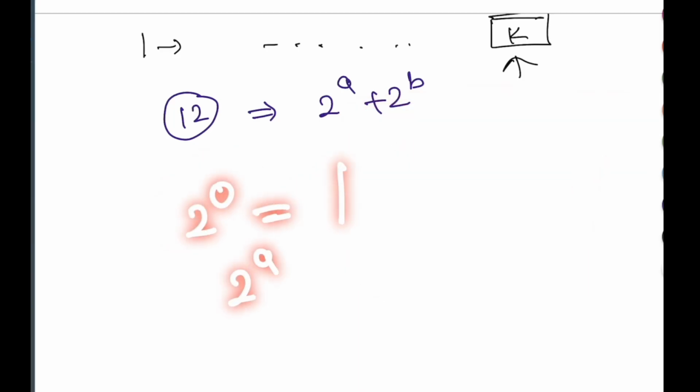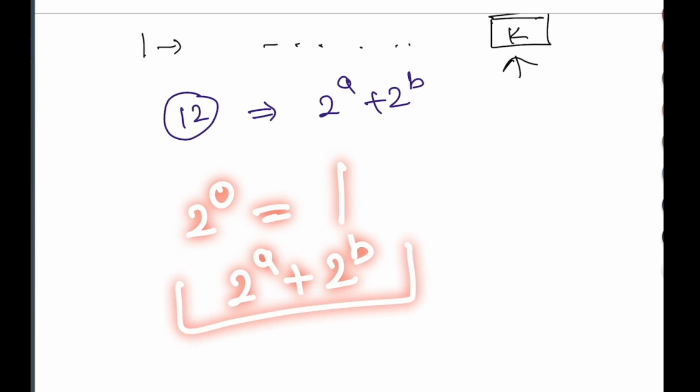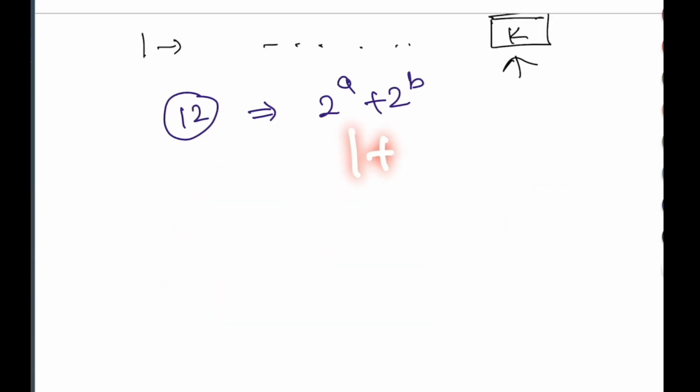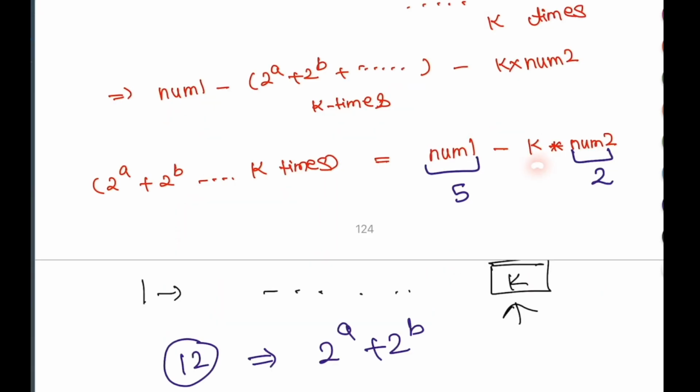But the formula is 2 to the power a plus 2 to the power b, because we have performed the operation 2 times, and that should be equal to 1. Even if we keep the value of a and b the minimum, which is 0, then also this will be 1 plus 1, 2 to the power 0 plus 2 to the power 0, which is equal to 2 and not 1. And if we try with 3, then this will be 5 minus 3 multiplied by 2. This will be negative, right? Anytime this is negative,